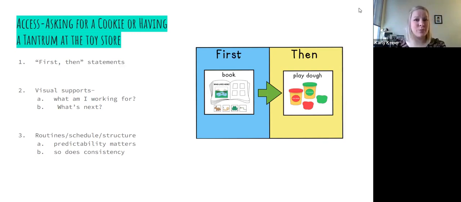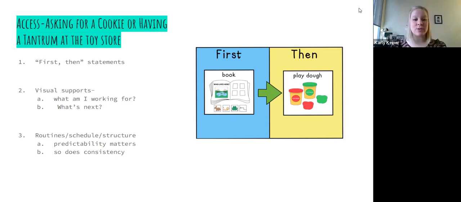Visual supports are the best way to communicate this, not only because it helps to give a concrete model and there's a visual piece to it. So like I can see that first I have to read the book and then I get Play-Doh in this example over here, but also it can be reciprocal. So if my child is so dysregulated or so upset that maybe they can't communicate, having those visuals there are super helpful because maybe they can't say it, but they can point to it. They can communicate their needs. So visual supports are great for all of these functions. But it can be especially great for access because it helps the child understand that, yes, you've heard what they need, you've heard what they want, and you're going to help them work to get it.